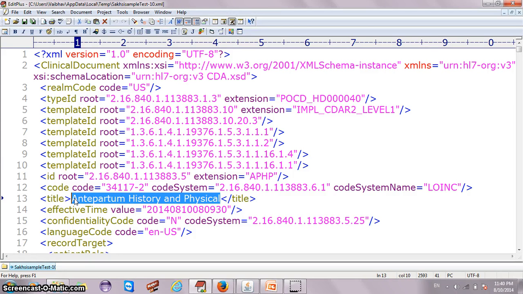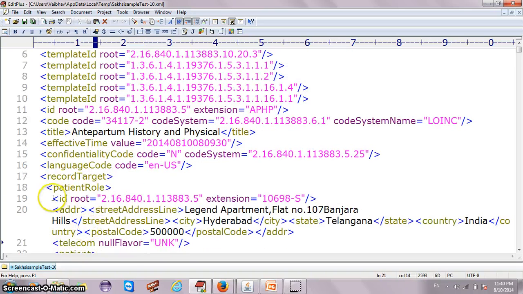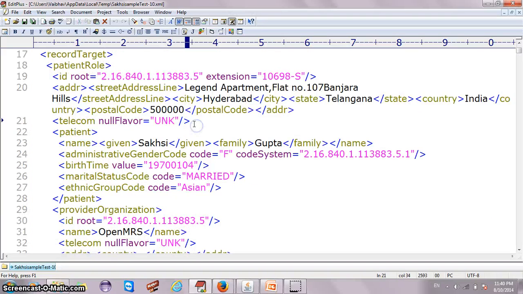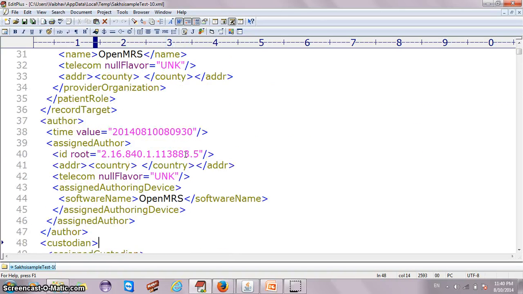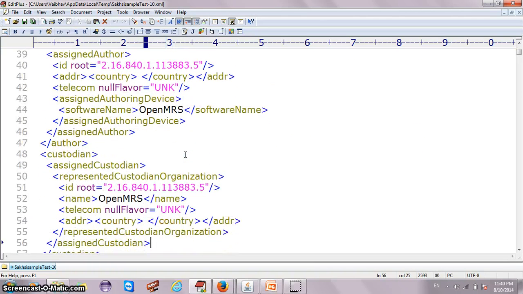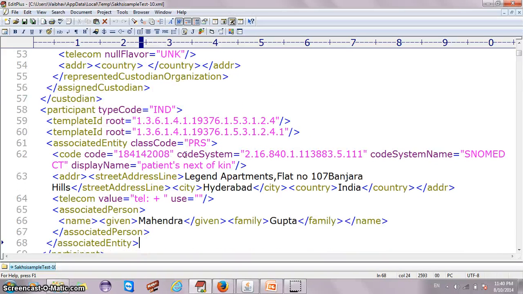The CDA header also contains patient information like patient address, patient name, family name, patient gender, patient's birth date, patient's marital status, ethnic group or race. The CDA header also includes the spouse data element, which holds the patient's spouse information. This is the spouse data element.